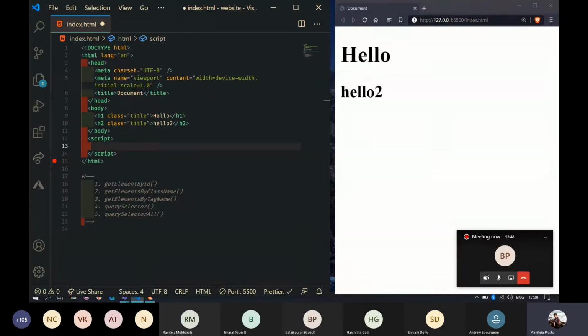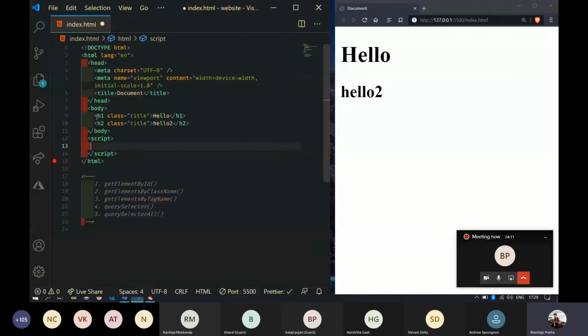How many HTML tags do I have currently in my web page? We have 2 HTML tags, h1 and h2, right?